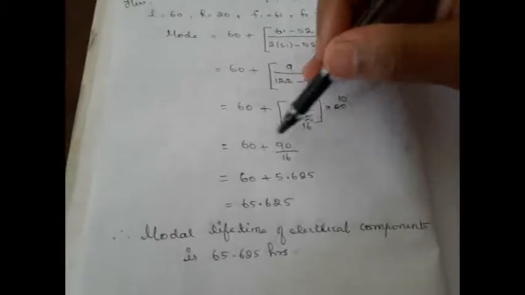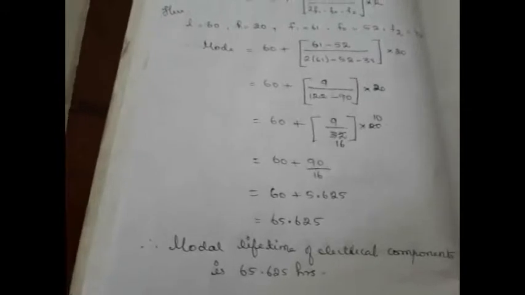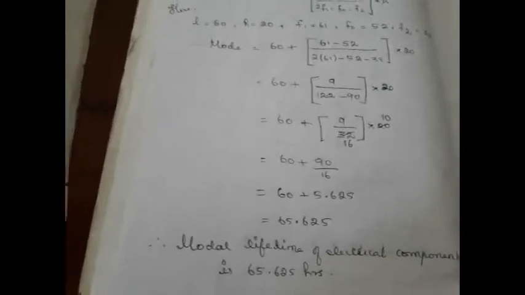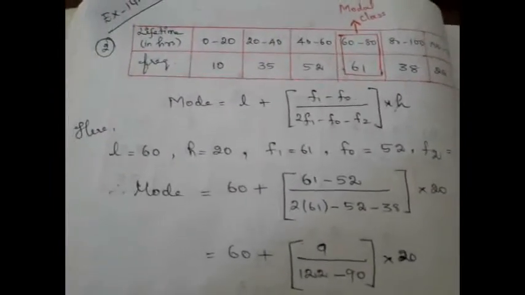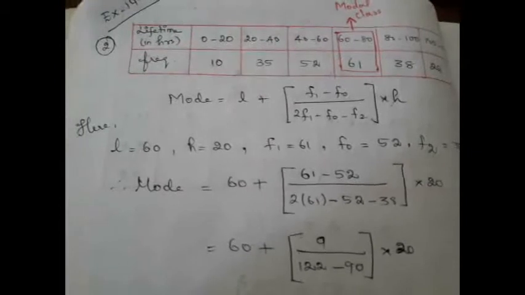So understand this and then solve your problem. After dividing it, we got this, then you have to add. So you may get a single question and they may ask you to find the mean, median, and mode, all the three. In that case, you know how to find the mean and you know how to find the mode. The same way you have to continue with your procedure, right?